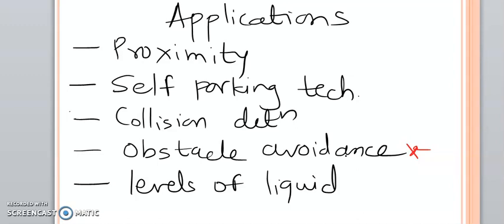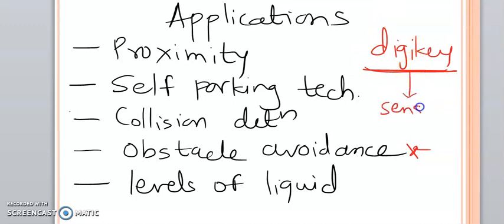Similar to this ultrasonic sensor, there are other sensors available too. So as a part of interest, you can go and search for those sensors, so that at least you will get an idea about what the other types of sensors are. DigiKey is the website where you can find those sensors. Just Google this word: DigiKey is the website where you will get information about all the electronic devices and components. In DigiKey, search for sensors. You will get lakhs of sensors to sense lakhs of physical quantities. So as a part of interest, you can do this task.